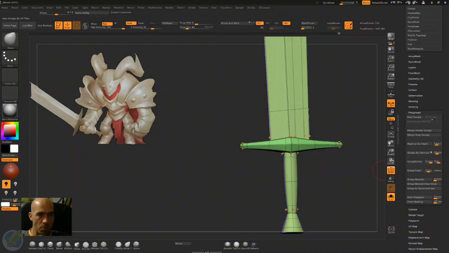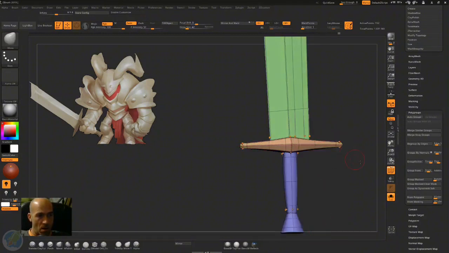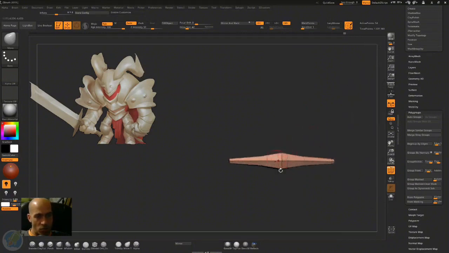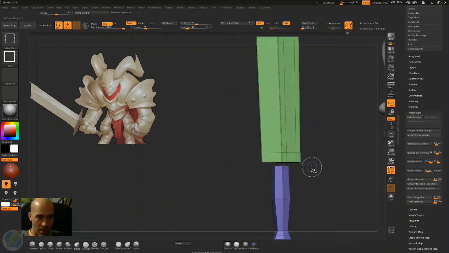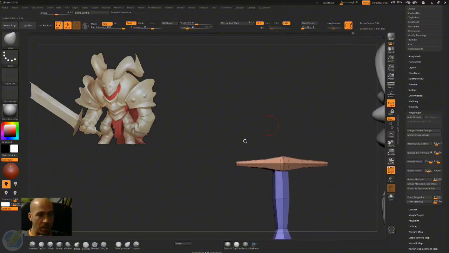We go to polygroups and group auto groups. Okay, yeah, this is auto groups, but I have it here. Auto groups is the same in my menu custom. So I will auto group, and now I can Control Shift click and just have whatever I want selected. So I Control Shift clicked on this, then I will reverse the selection and I will hide also this. And when I reverse the selection again, I will have selected only this one,